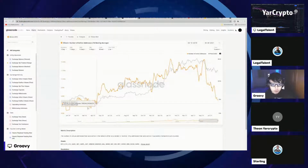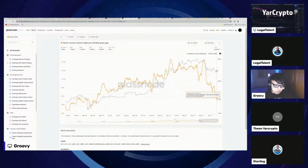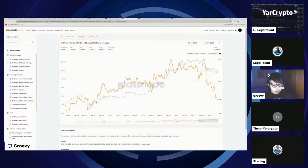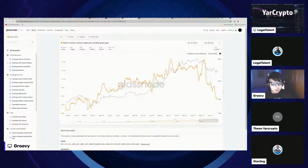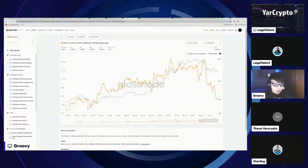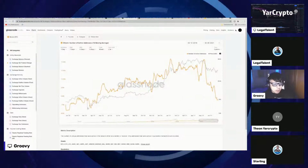So what does this mean? What that tells me is that a lot more retailers are not trading. They're not moving their assets around. They're just staying still. They're cautious. Exactly. You can look at it in a couple different ways, but I think the immediate influence that this has is that basically people are careful, and the retail is not coming really into